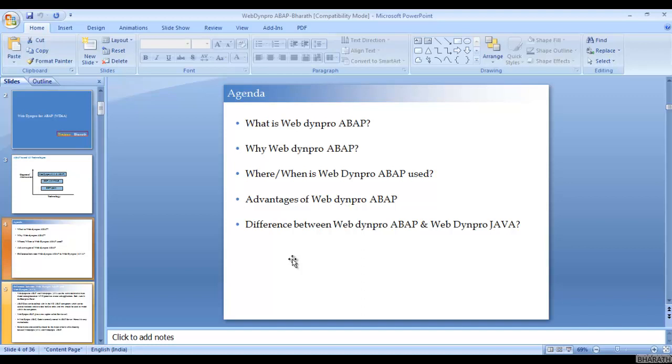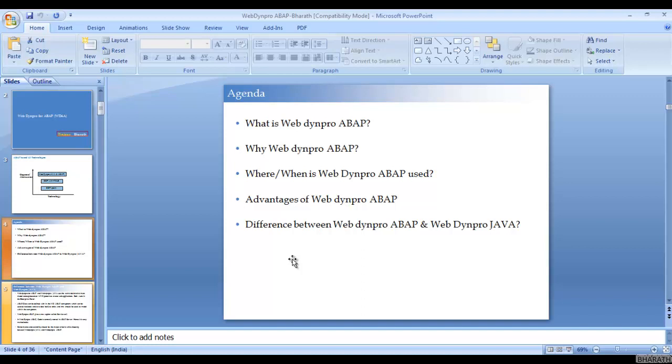Okay, so these data dictionary objects, function modules, classes, methods, we have in standard SAP. We have so many methods, so many BAPIs, so many function modules, so many data dictionary objects already there in standard SAP. All can be directly accessed and used in WebDyn Pro ABAP, but cannot be used in WebDyn Pro Java because WebDyn Pro Java is in a Java environment. Okay, and it is out of SAP. So we develop the WebDyn Pro Java components in NWDS, NetWeaver Developer Studio.